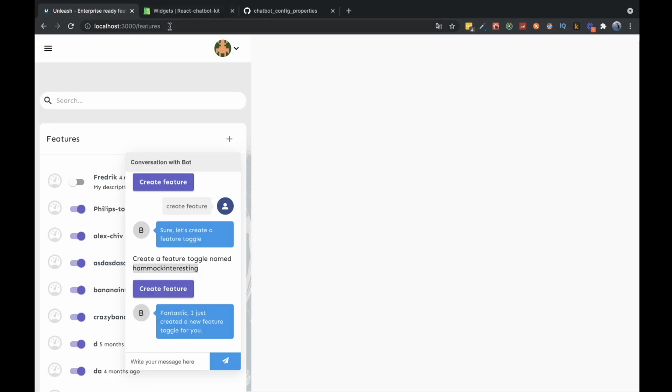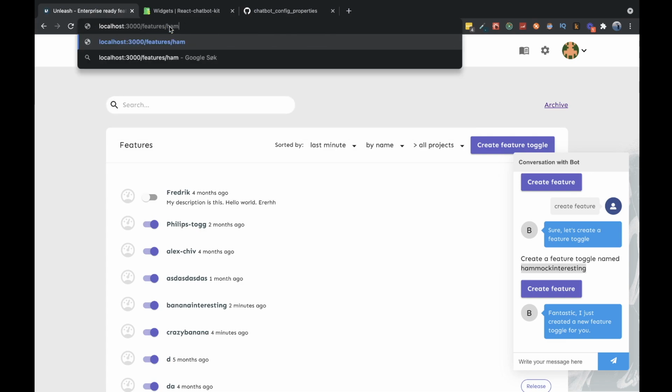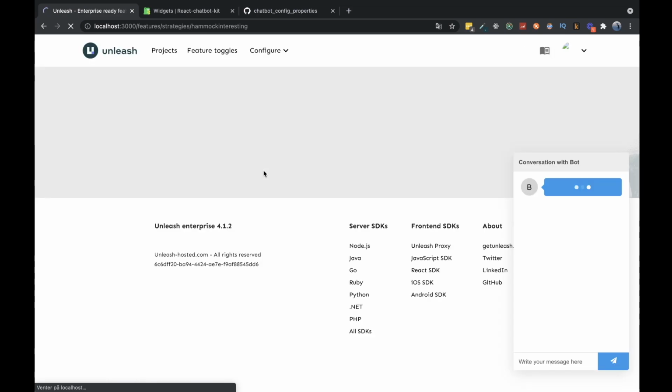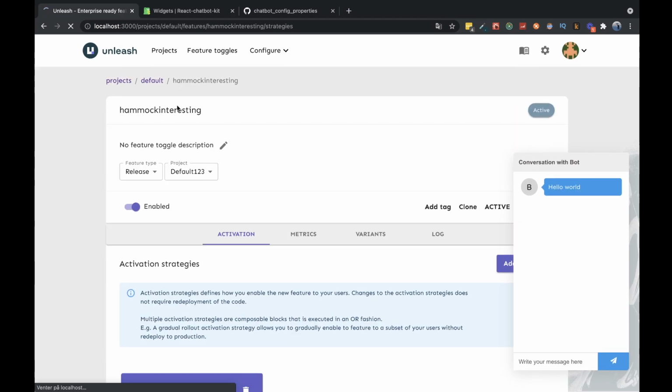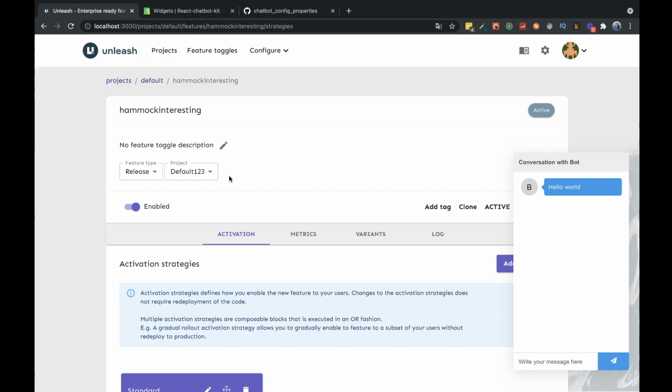So now if we go to features, hammock, features, strategies. We can see that the feature is existing in the system and has been created in the API. So we've successfully used the chatbot to create a feature toggle. So I think we'll do one last thing, and let's update the theming of the chatbot, and then we'll call it a day. So let's go back